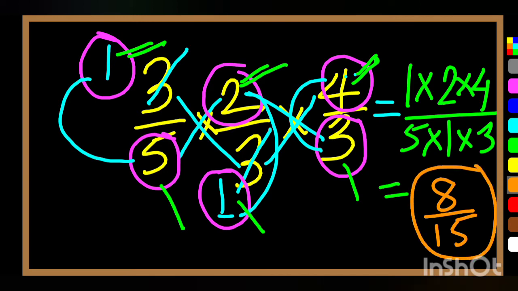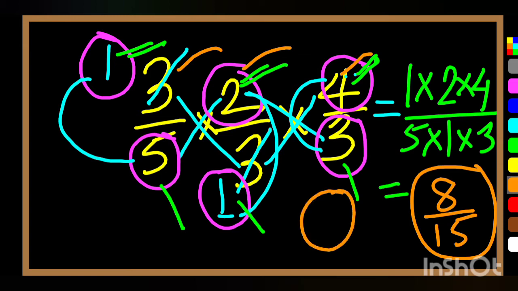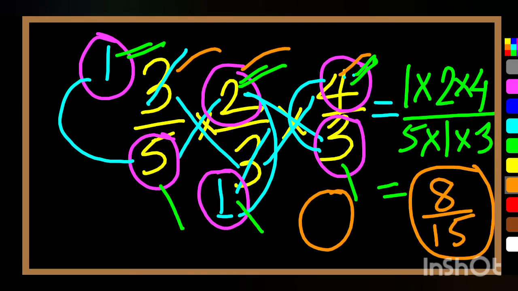Here we have multiplied three different fractions. In the last video we learned how to multiply two proper fractions. Now we have learned how to multiply three fractions, and in the same way if the number of fractions increases, the rule will be the same. The procedure is the same for each and every sum.